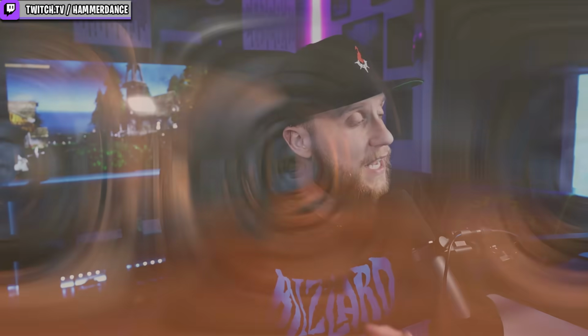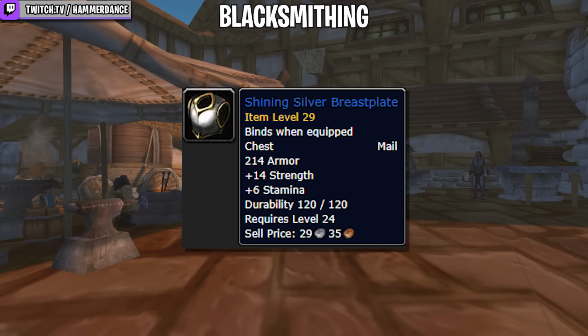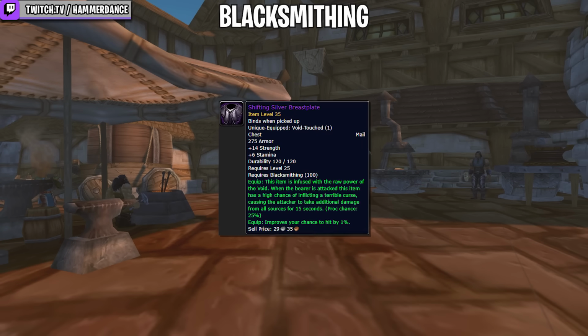Okay, coming in at number 4, we have blacksmithing. Now, blacksmithing has always been really good in vanilla. However, in Season of Discovery, we've gotten some crazy improvements. Now, you all probably know the Shining Silver Breastplate, which is the mail chest piece that gives you 14 strength and 6 stamina. However, in Season of Discovery, they added, of course, a new one, the Shifting Silver Breastplate, which